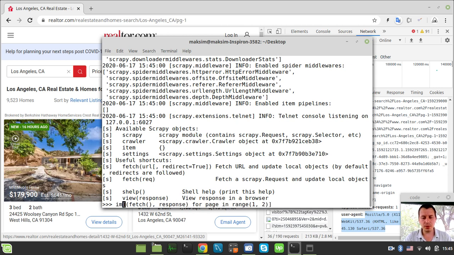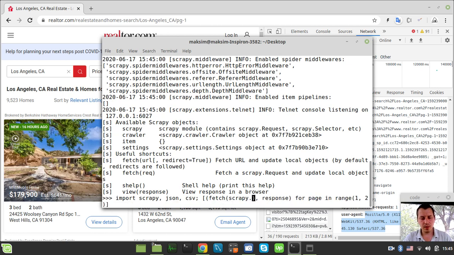So also I would need to import scrapy and also JSON and the CSV modules. So JSON would be needed to print the data, CSV just to store this to CSV, and scrapy to make some custom requests. So here I can say scrapy.Request like this,